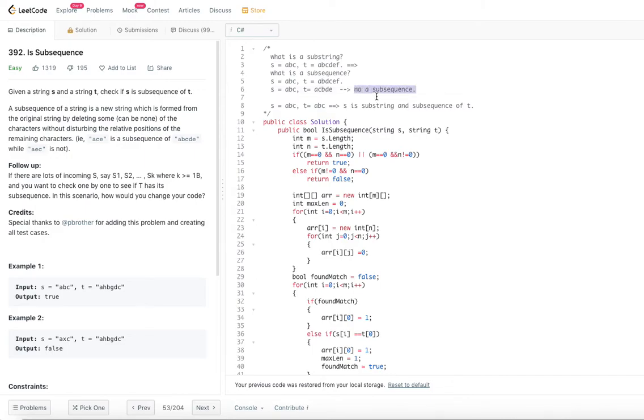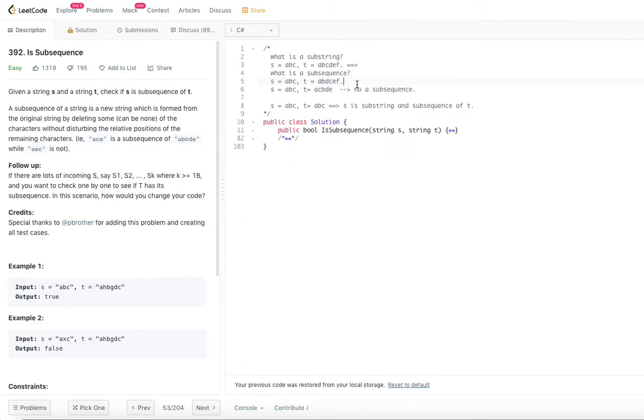So what we are saying here is that we are not allowed to change the positions of the characters. Whatever the characters are, in that order, it should stay in that same order. You cannot pick and choose and change the characters' positions, the index basically. In this case, ABC is not a subsequence of ACBD, but in this case, ABC is a subsequence of ABDCEF. So basically what we are essentially trying to look for here is one characteristic.